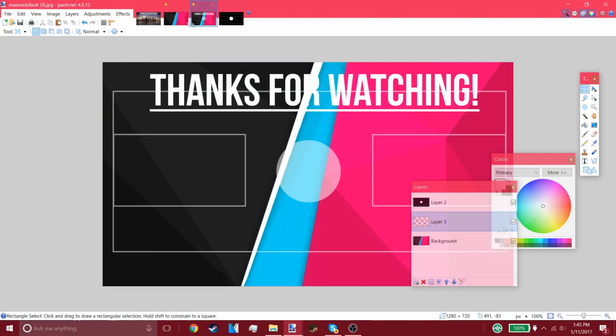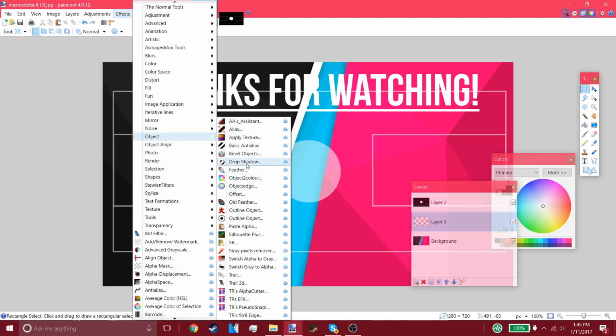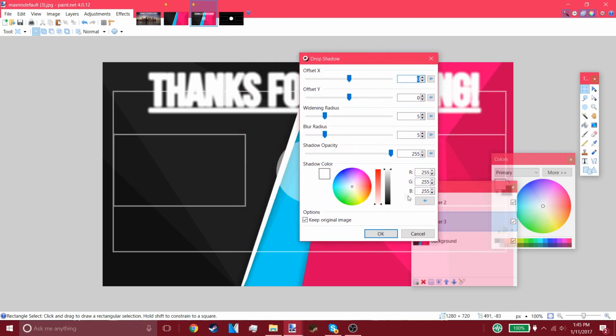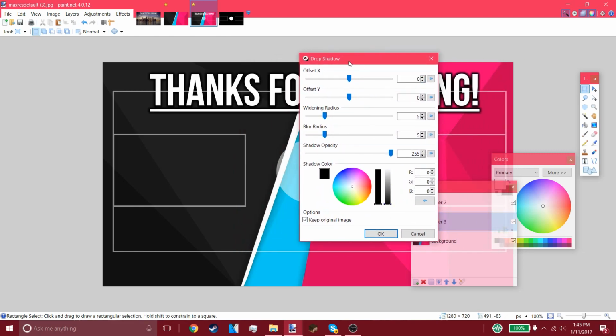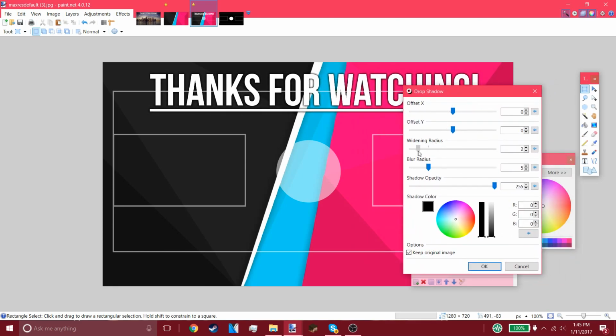And then one thing that I like to do is use this plugin, and normally most of you are not going to have this many plugins, but it's this basic plugin. I'll leave a link to it down in the description. It's called Drop Shadow, and to make an outline, if you had white text, you want to change it to black, and vice versa, and you want to go ahead and make a shadow for it. And what you want to do is change the whitening radius and the blur radius